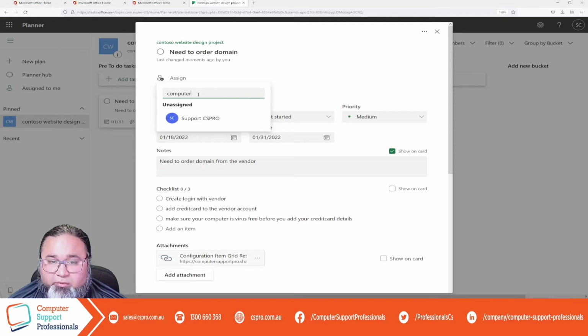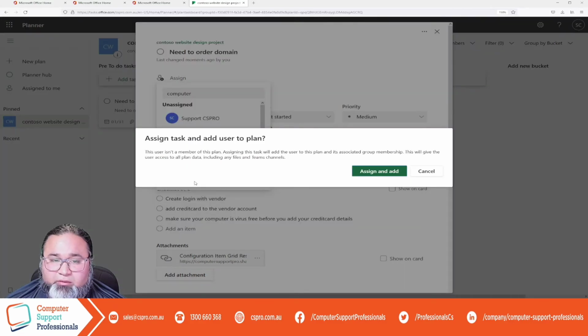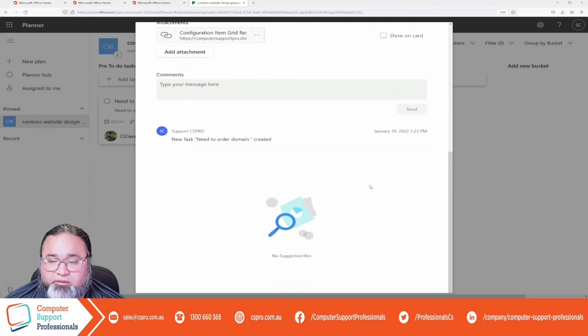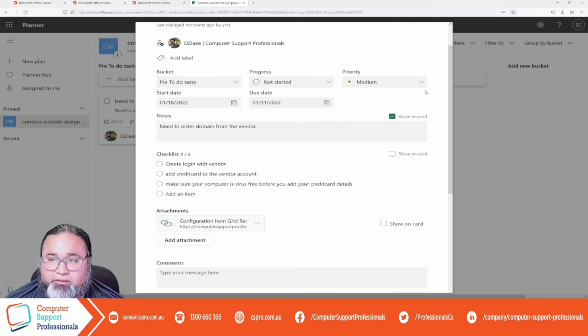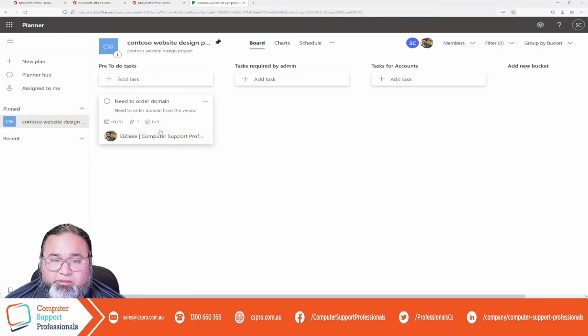Now, normally when you type the name of the person, you should be able to see the option to add and assign user plans. Yep, I'm going to add and assign. So it has actually assigned it to the person, and your job card is done. Once it is done, you can close the dialog box. The summary shows you that you have 3 checklist items which you need to do. It also shows that you have attached a document, and that there is a due date